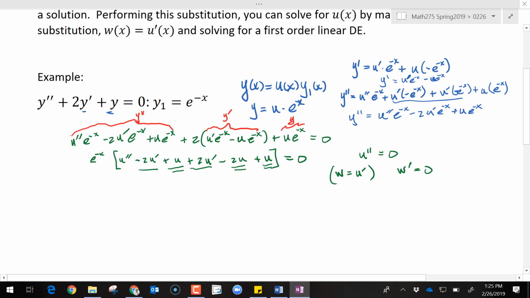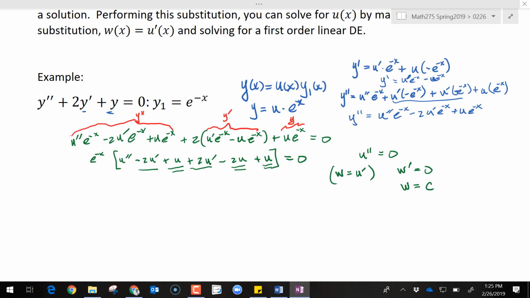So what's the antiderivative of 0? That's a constant, right? Because the derivative of a constant is 0. So this is kind of lame,